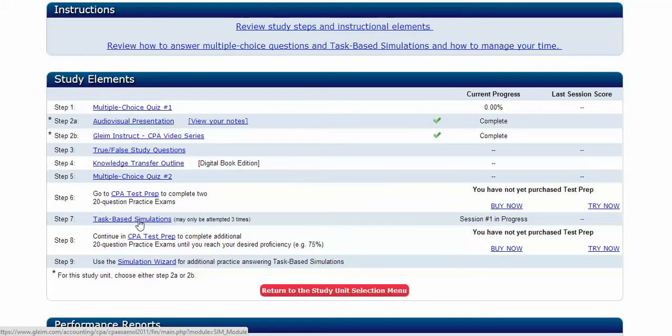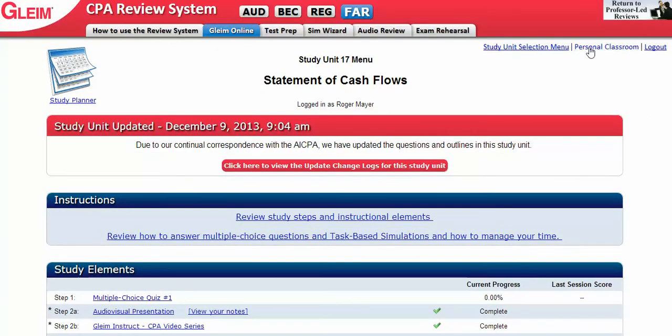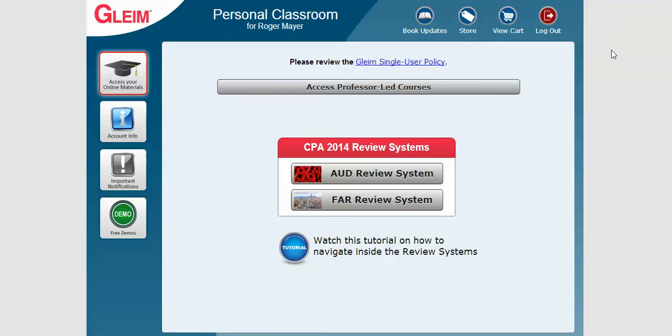Yes, the task-based simulations are something that you have access to. There's a couple of other items that you would have to purchase separately, but you're certainly not required to do that. Now, what you'll notice is that we're actually using this information for our